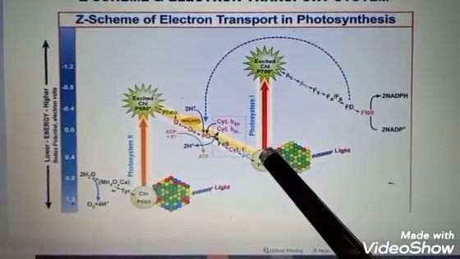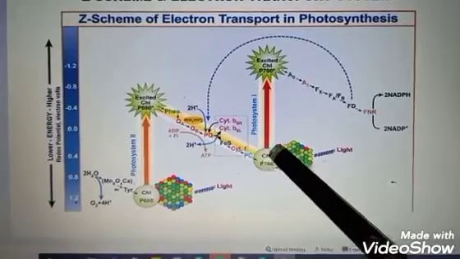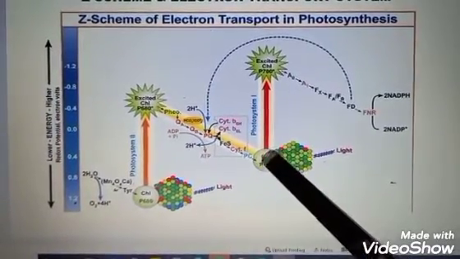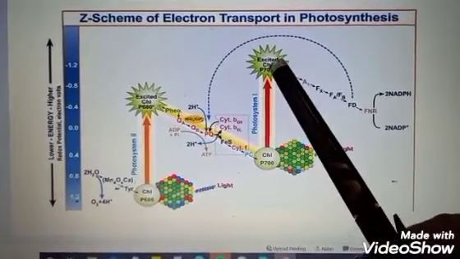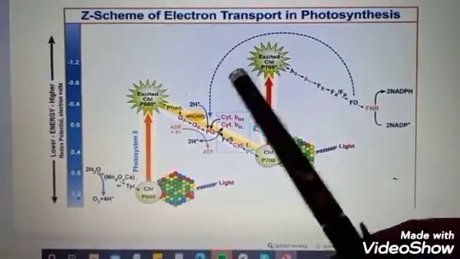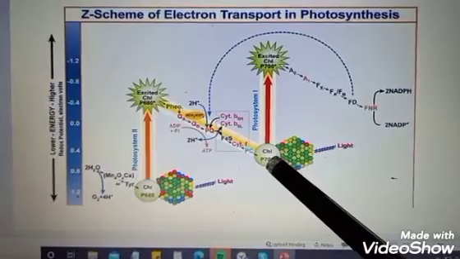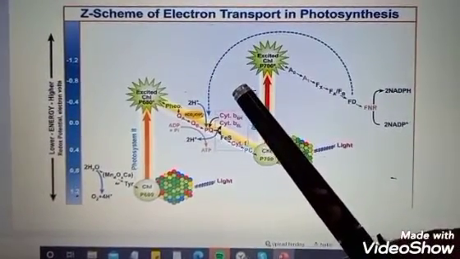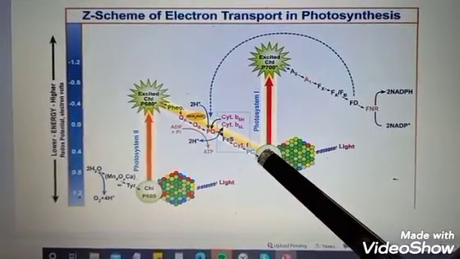After absorbing these light quanta, this system becomes excited, and when excited it releases its energy in the form of an electron, which goes to the excited state of this system. Sometimes it comes back through different carriers to this P700 again, and when they come back, they release some of their energy, which is used by ADP and inorganic phosphate for the formation of ATP.